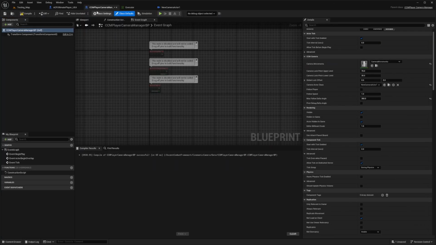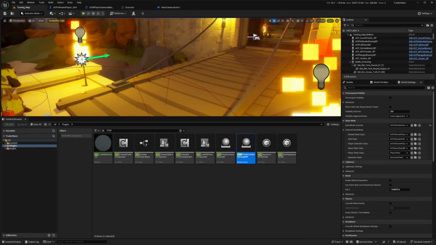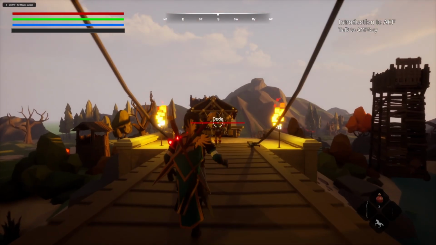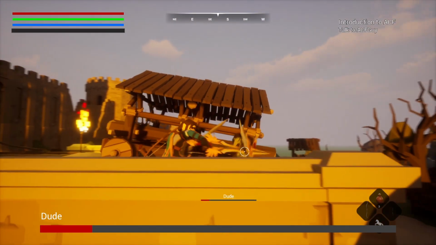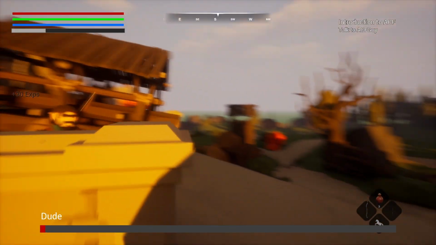So now back in my CCM Player Camera Manager, I'm just going to select that new camera actor we selected, hit compile, save, and just try it out on this enemy. So when I go ahead and just get this guy really low and start the execution, there are no more black bars. And pretty simple